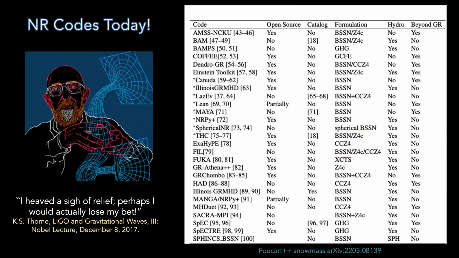Okay, so about codes today. We have a lot of codes today. This is just a list that I took from this NRSur paper. I haven't counted, and I hope I don't miss any. This was as much as I grabbed in April. As you can see, there's quite a bit of numerical relativity code. So would you want to write another one? Yeah, sure, go ahead. But there are many of these that have already been developed. Some of them are open source, some of them are not, but we have a great deal of codes today. So that's great.